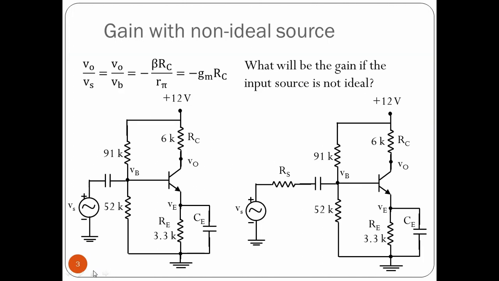This is the circuit we have looked at, and we have derived the gain of this, VO over Vs, equal to minus Gm Rc, where Gm is beta by R pi. Otherwise, I am replacing VC with VO, the O for output, which is the more common nomenclature. So now suppose the input source Vs is not ideal, then it has a resistance Rs in series with it. And then because of this Rs, what is the voltage gain?